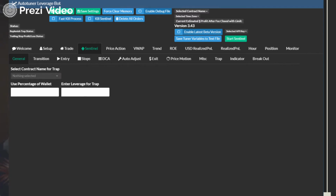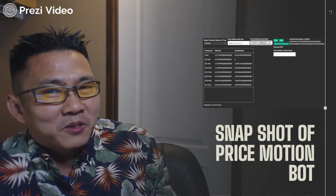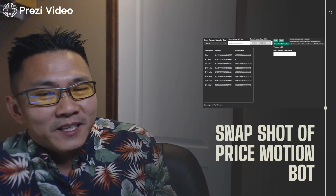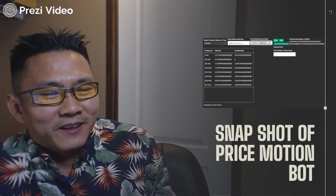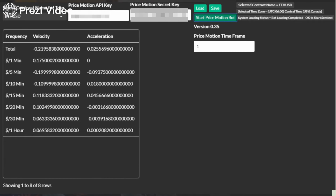Okay, so these can be as sophisticated as you want them to be, but I don't want it to confuse you or be overwhelming. All you basically do is load a setting that we give you, run it, and let it run. Okay, so here's a snapshot of the price motion bot, and this is what tracks